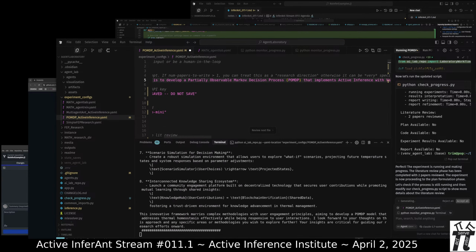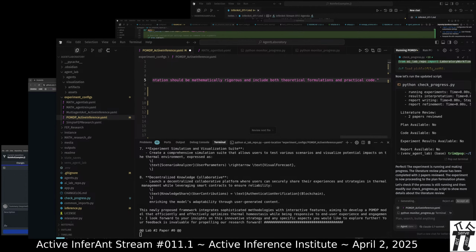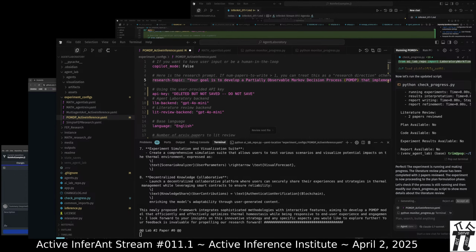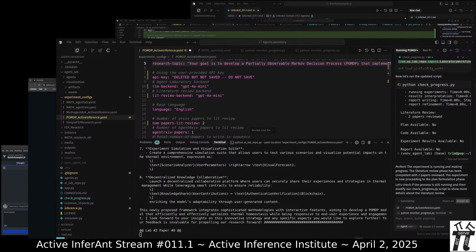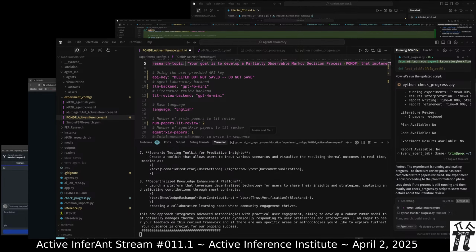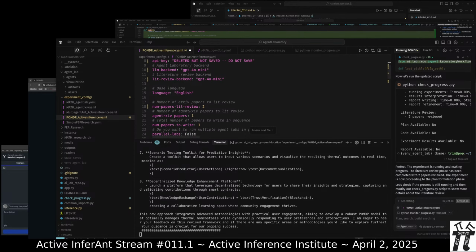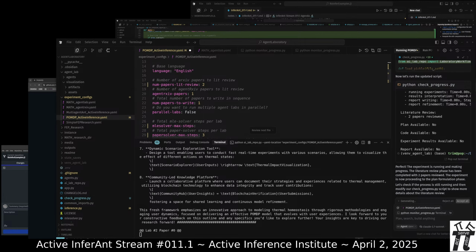The goal is to develop a partially observable Markov decision process, POMDP, implementing active inference that is in a thermal homeostatic setting. So kind of the classic air conditioner, do nothing, heater, temperature. The API key for OpenAI is put here, and the model is provided for the LLM backend and the review, I guess, separately. Language.